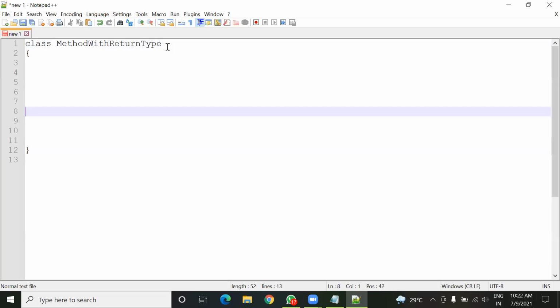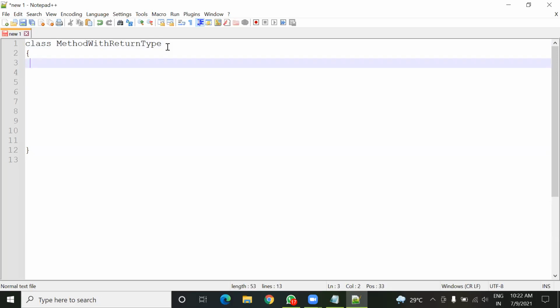So this is the block, and inside this block, I'm going to define one method. This method will return a particular value, and that value is of integer type. Next, after this return type, we have to give the name of the method. So let us give a name.